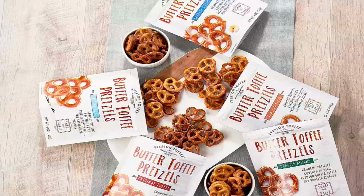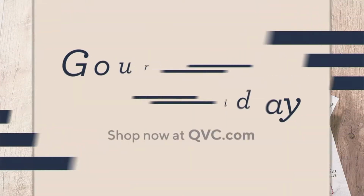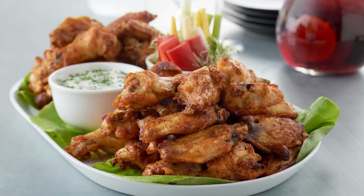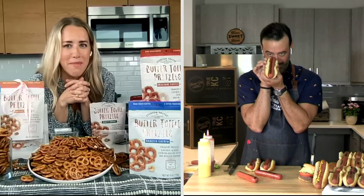So we have a whole hour of amazing treats coming up in this show. And coming up in a little bit is these Corky's barbecue wings that I mentioned earlier. You can get 3 pounds or 6 pounds of these seasoned wings. I have tasted these in studio. They are unbelievable. So stay tuned for those. And I think coming up next is Ralph Pellerino, one of my buddies. Oh, those look so good. Kansas City. Can't wait to hear about what you have. We got 16 or 32,